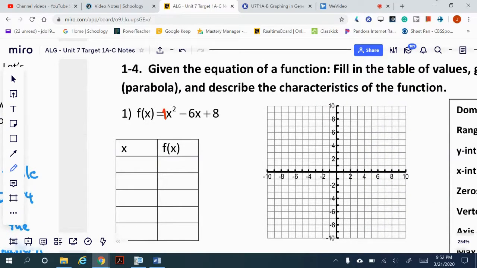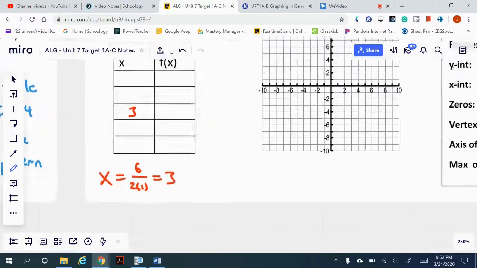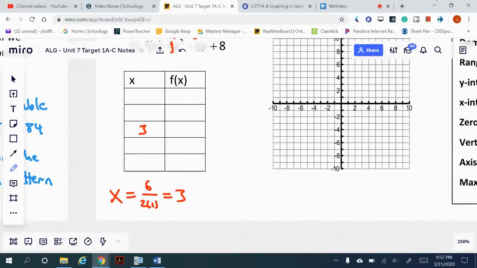So in this case, a is 1, b is -6. So the x coordinate is going to be positive 6 over 2 times 1, which means our x coordinate is going to be 3. So this tells me, guys, that the x coordinate of the vertex, the point that's in the middle, is 3. Well, once I know that, I'm just going to walk to the left and the right. So 1 unit to the left would be 2, getting smaller, and 1, and to the right would be 4,